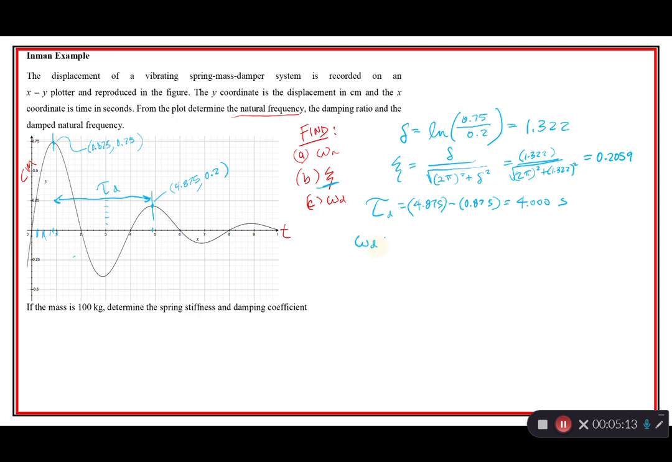Omega d is going to be 2 pi over tau d, or 4. And so we end up with 1.571 radians per second. That could be the answer. Quite often